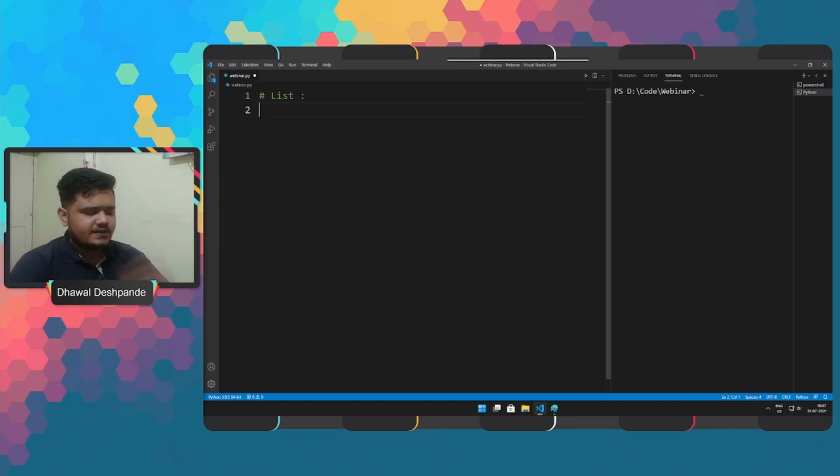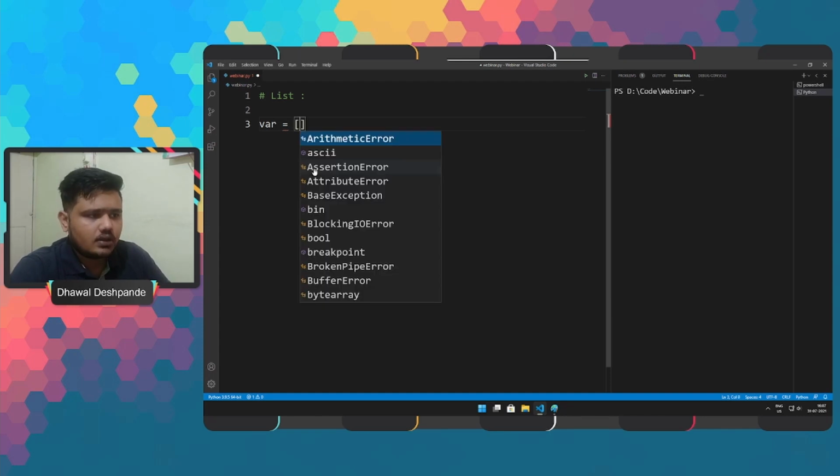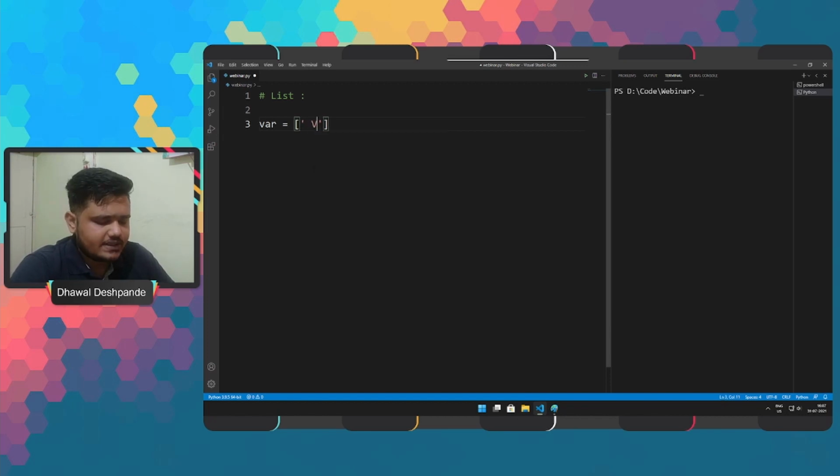So as we have seen, we define a list by variable equal to, then square brackets, and within the square brackets we provide values, correct? So let's see.